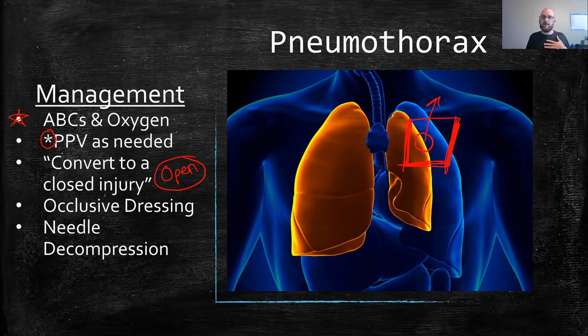So by only taping 3 sides, and some places, you know, protocols might say tape all 4 sides. If they tape all 4 sides, you just have to remember that that pressure is never going to be able to relieve itself. So if you're assessing that patient and you see, hey, we put on an occlusive dressing, we taped all 4 sides, and now it looks like they're progressing to a tension pneumothorax, then maybe you just peel off that occlusive dressing, let that air pressure relieve itself, and then put it back down. That's a big one on the open chest,